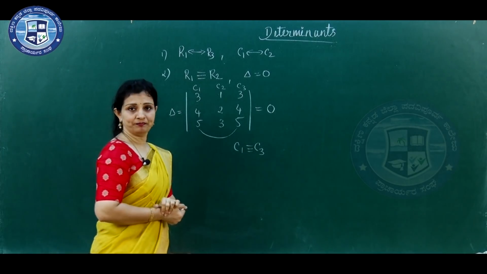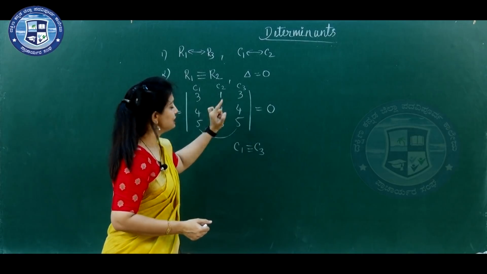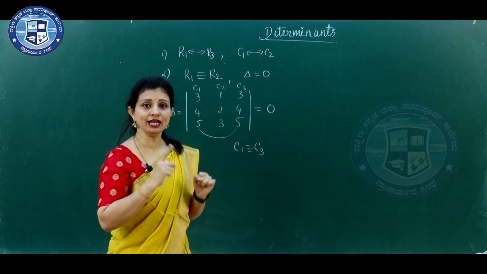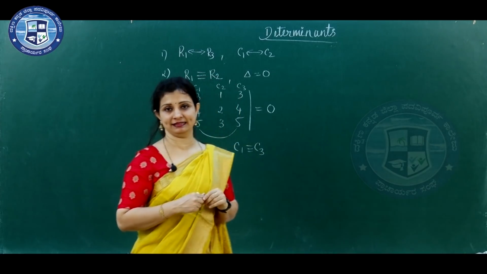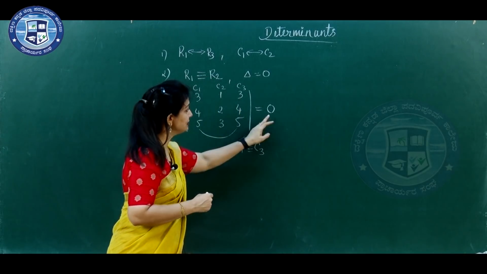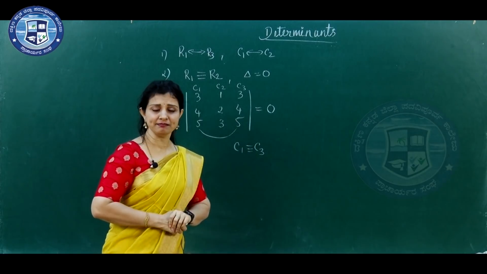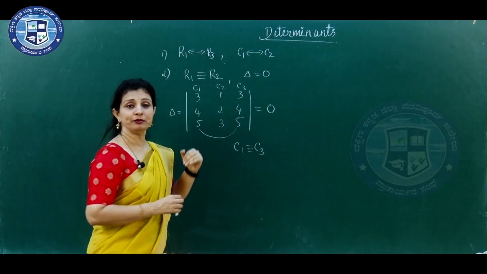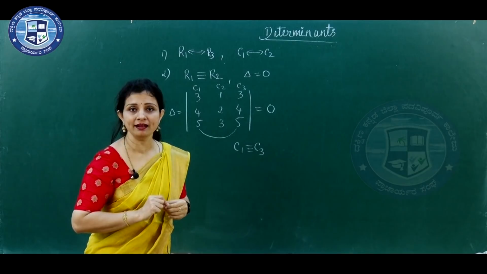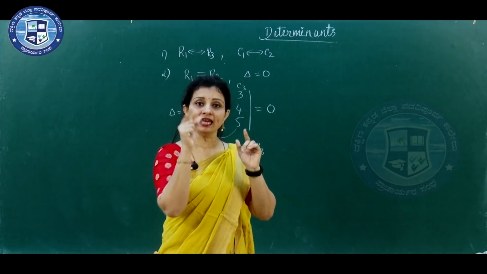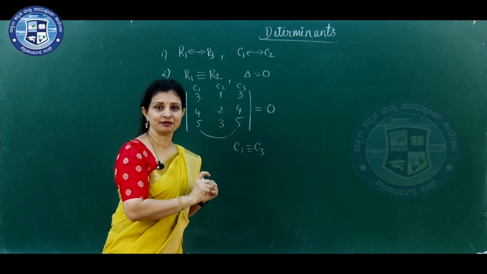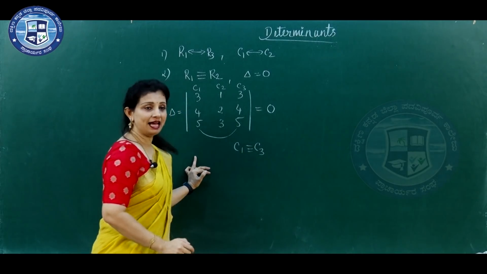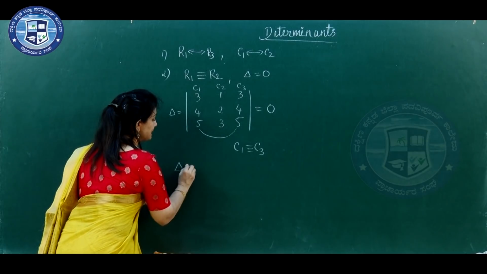And the next one: if each element of any row or any column is a multiple of some constant, then the value of the determinant is multiplied by k. That means if any row is a multiple of some number k, then k, which is a common number, can be taken out of the determinant. Suppose here delta is equal to